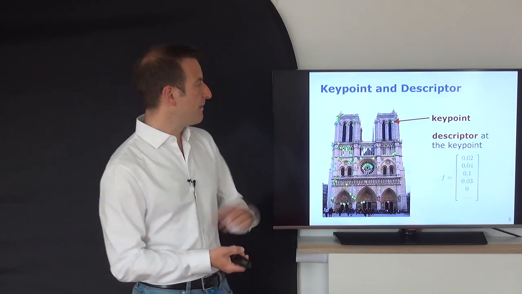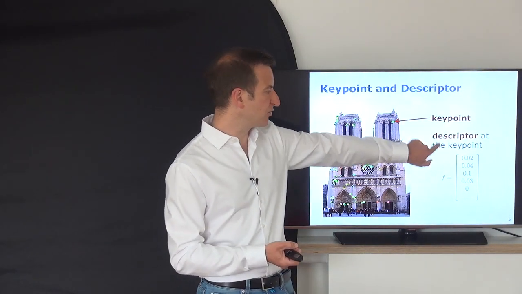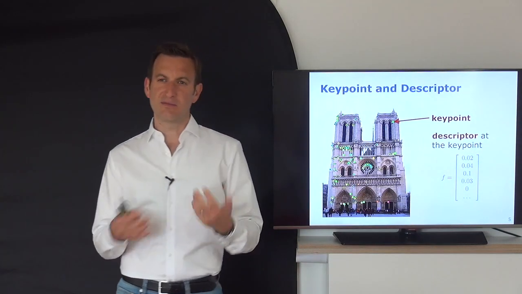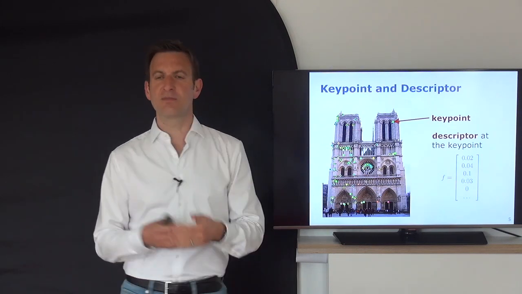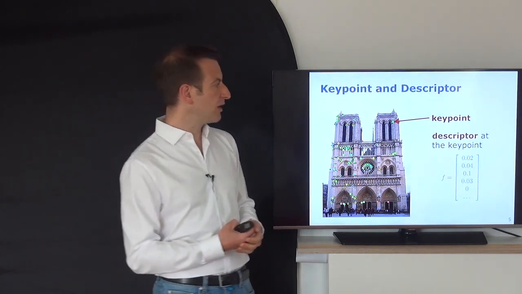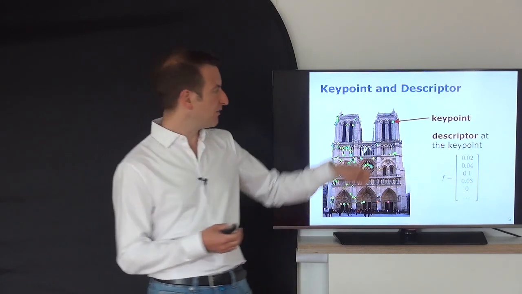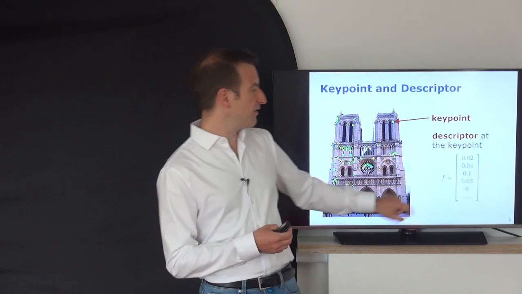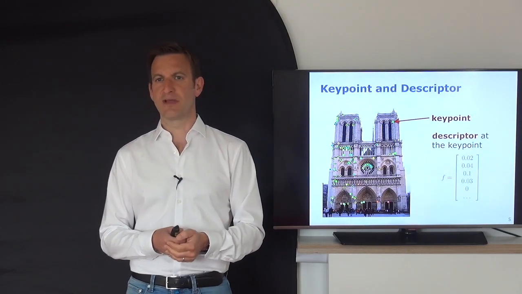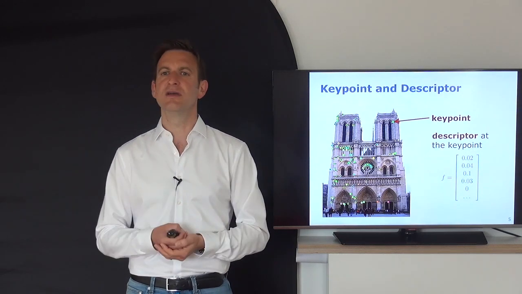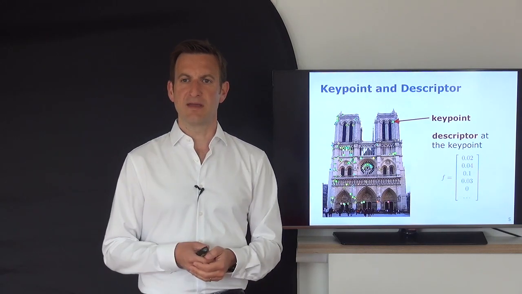So that in the end, we get a key point over here, and to every key point, we have a descriptor vector which looks like this. In some situations, you may have descriptors which try to describe the whole image with one single descriptor. We are here in this course looking into descriptors which just describe a single key point. So we have the key point, let's say, at that pixel location, and with this key point is associated a vector that describes the local neighborhood. Often gradient information is used in order to achieve this,